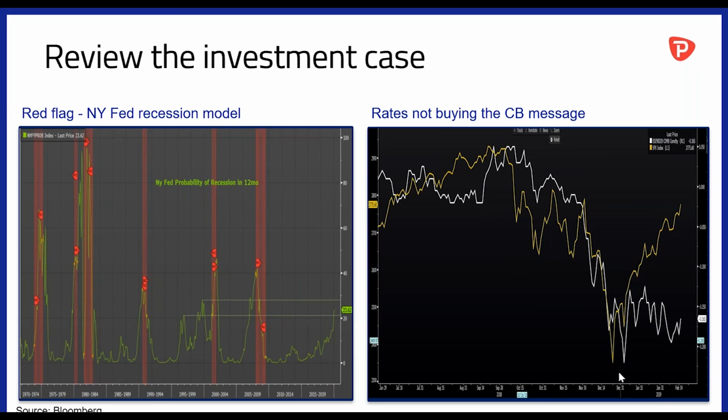But then something changed, and that something was Mr. Powell deciding that he wanted to support equity markets. We can't let the world go into a recession. We've got to support equity markets. And they had the equity markets back. As soon as the equity traders realized that the Fed put was still very much in place and that Jerome Powell had bent over for the market, you saw a situation where the S&P rallied, but the rates market